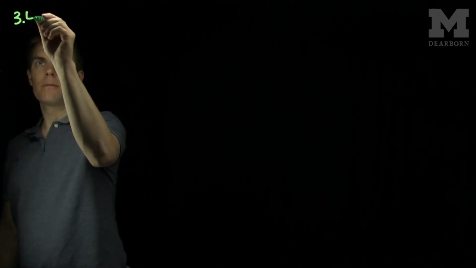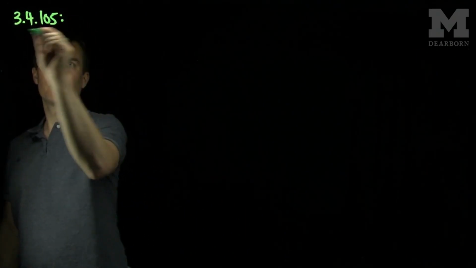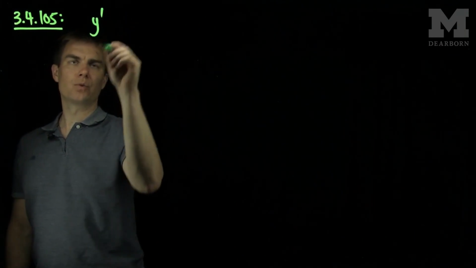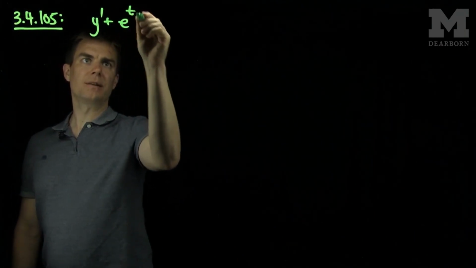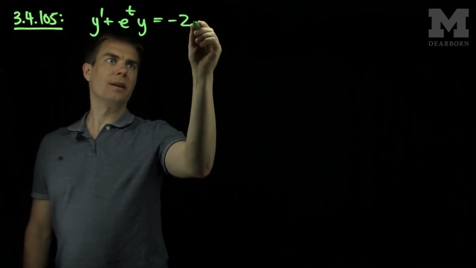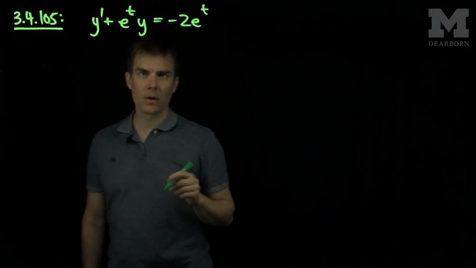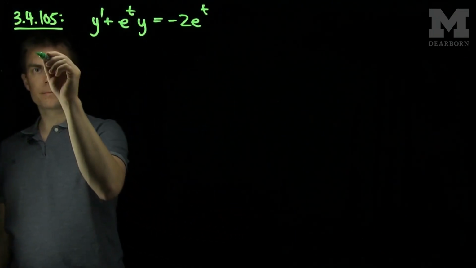Problem 3.4.105 asks us to solve the differential equation y prime plus e to the t y equals negative 2 e to the t. We notice that this problem